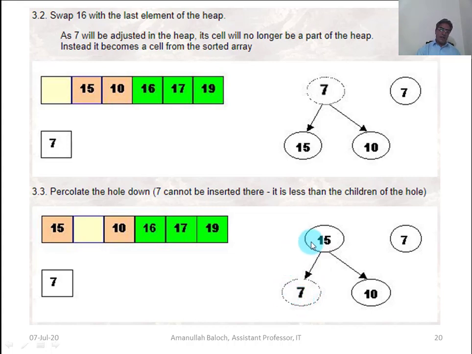Again, node number 15 is the largest value in this heap, so the for loop of the heap sort will exchange it with the last node. The last node is 10, so it will exchange with 10 and then it will be deleted. 15 will be deleted after exchanging. Then 15 will take the position of 10, it will be deleted, and the heap size will be reduced to 2.